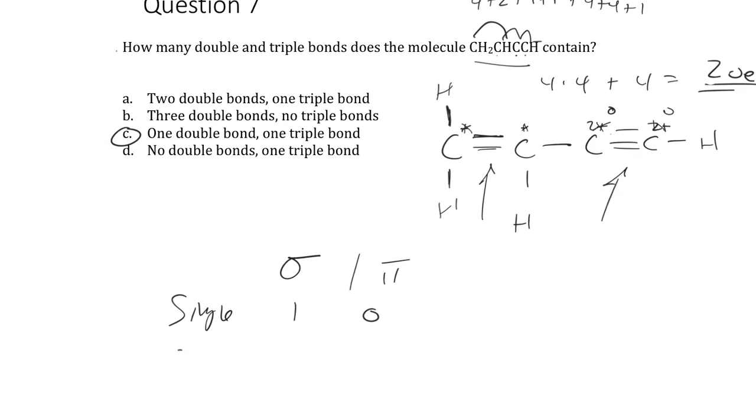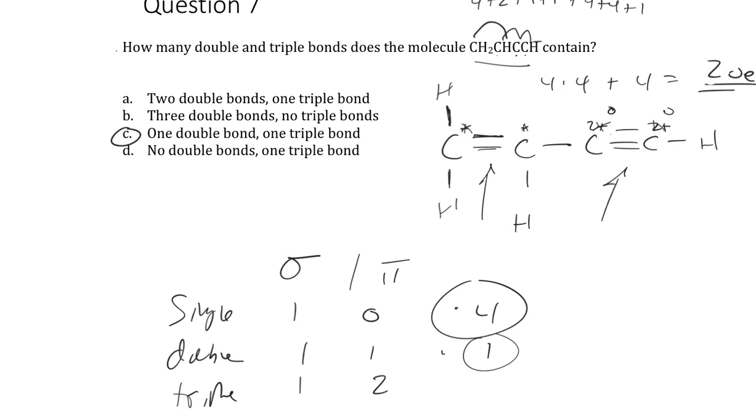A double bond is 1 sigma and 1 pi bond, and a triple is 1 sigma and 2 pi. So I have 1, 2, 3, 4 single bonds here, and then I have one double and one triple. So I should have a total of, and I can do this with a laser pointer too, 1, 2, 3, 4, 5, 6 sigmas. So if I count the sigmas here, I get 6 sigma,